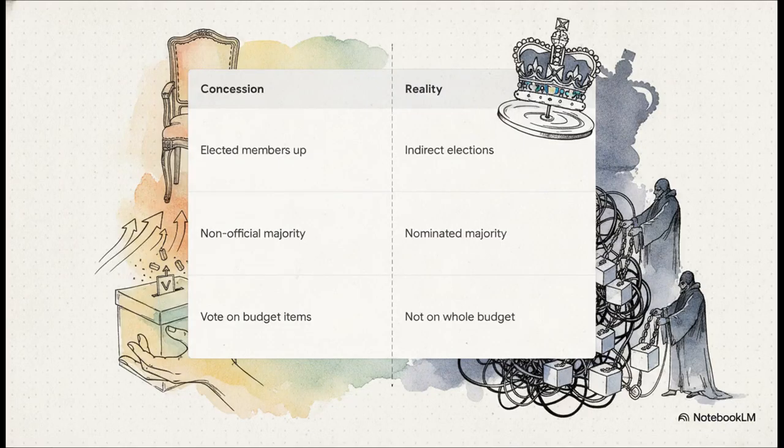The moderates actually thought these new rules, historically known as the Morley-Minto Reforms, were their grand reward. But notice how the illusion of power compares to the actual reality. On paper, sure, the number of elected members was increased. But in reality, the elections were strictly indirect. And while there was technically a non-official majority in provincial councils, that majority included people nominated directly by the British. So the actual elected members were still just a minority.